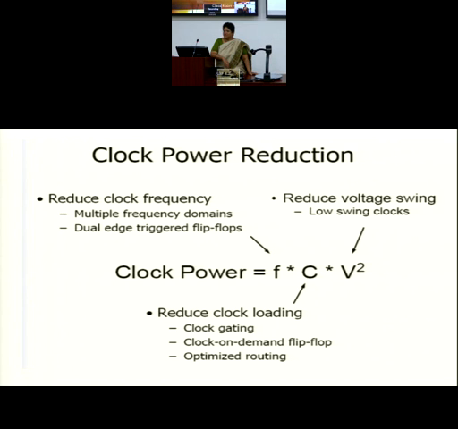Okay, then is the C, capacitive loading. Naturally, you have to design so as to have a lesser capacitive load. As we said, we were designing flip-flops where the clock load was one of our design metrics. We were looking at how much is the clock load for every design of a flip-flop.